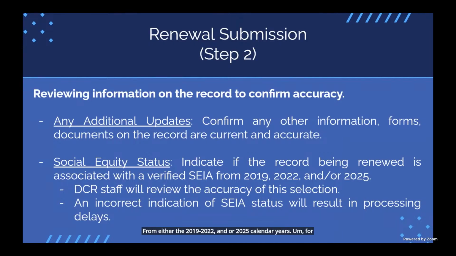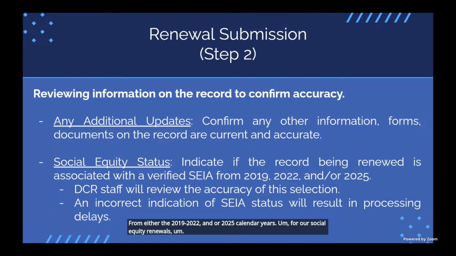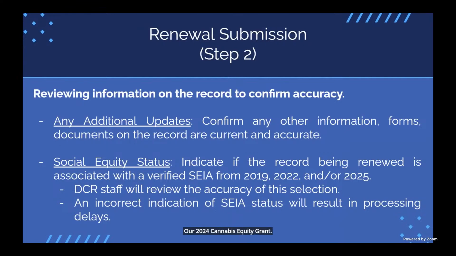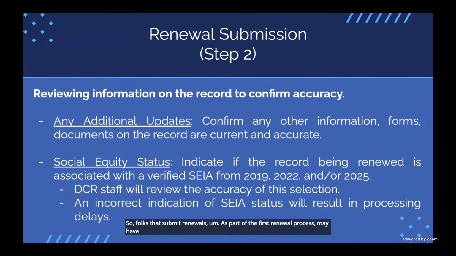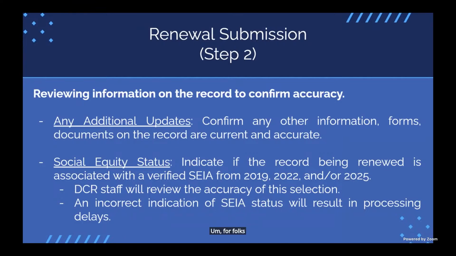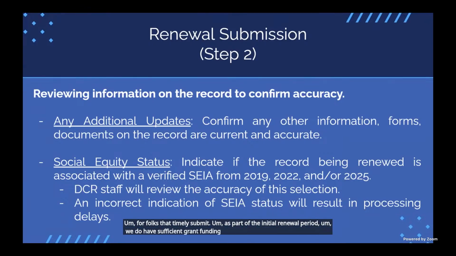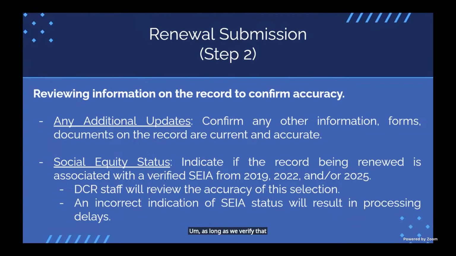For our social equity renewals, we do have different grants. Our 2024 Cannabis Equity Grant, the performance period ends October 31st of 2025. So folks that submit renewals as part of the first renewal process may have access to not only 2024 CEG grant monies, but also 2025 CEG grant monies. For folks that timely submit as part of the initial renewal period, we do have sufficient grant funding to provide full fee waivers to social equity applicants, as long as we verify that you meet the criteria to renew under